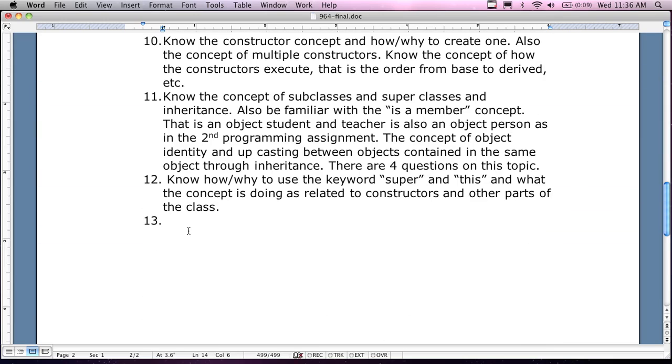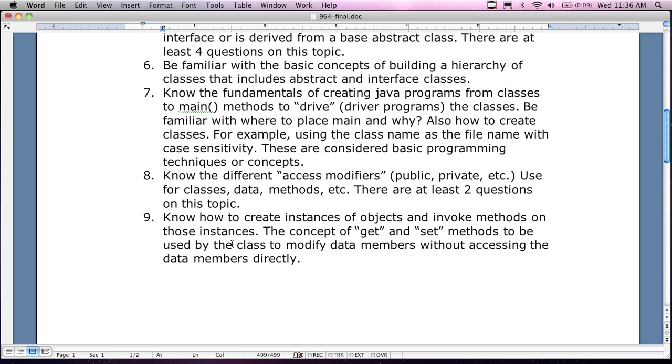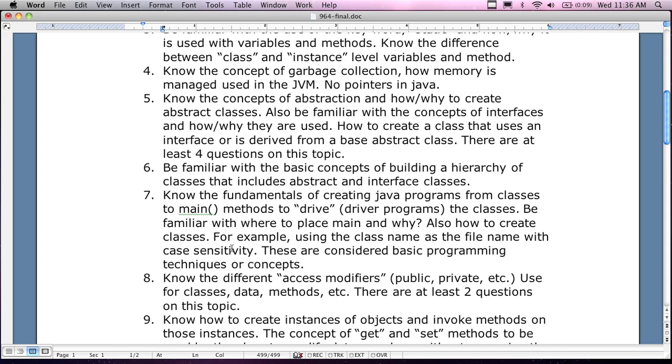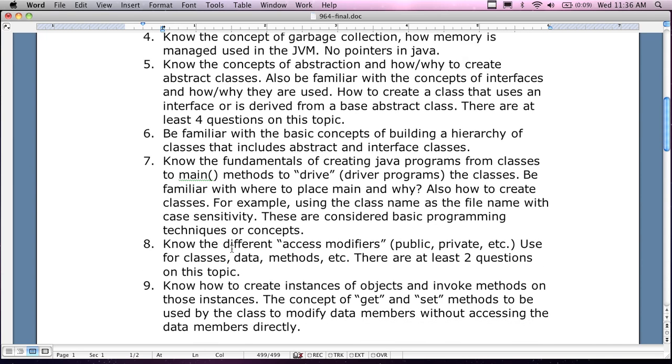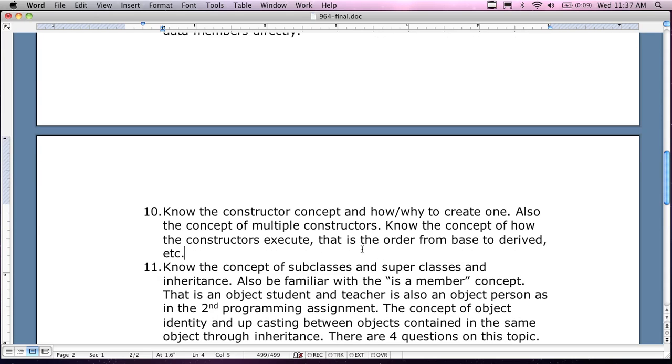Number 24 has to do with constructors and method signatures. So let me go back up to the constructor question. That would have to be dealing with the concept of taking parameters, as I mentioned before. Here we are. Know the constructor concept and how to create one. Also, the concept of multiple constructors, and how the constructor executes, that is, the order in which. Also, be familiar